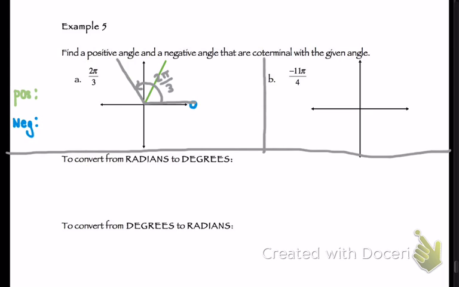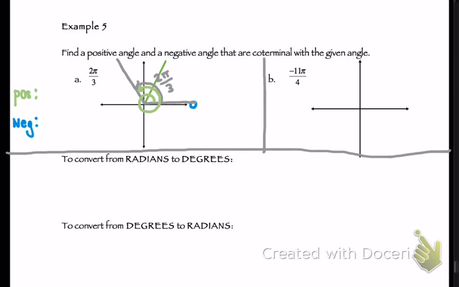Okay, so hopefully so far so good. Now I have to find a positive and a negative that is coterminal with that given angle. So I know for the positive, I would have to spin all the way back around to get to that. Alright, so to get the positive, I would have to be at 2 pi over 3 and spin